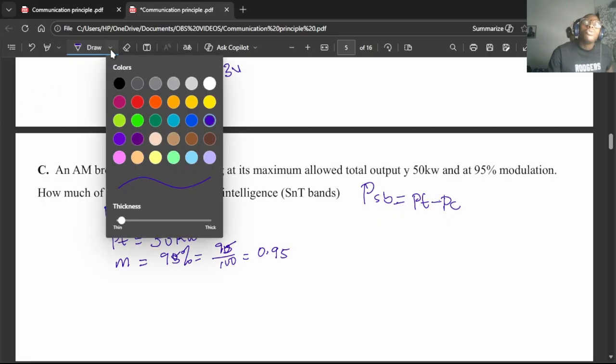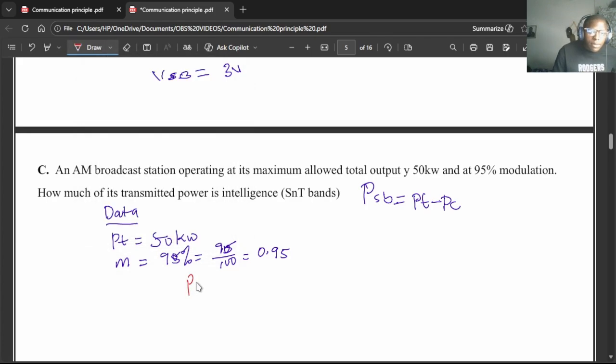What you simply do is to recall that we had an equation that says PT is equal to PC into 1 plus M squared divided by 2. Can we remember this equation? Where M is what we call the modulation index. Your PC is your carrier power, and your PT is your transmitted power, or your total power output. Am I communicating? Now, from what we have here,